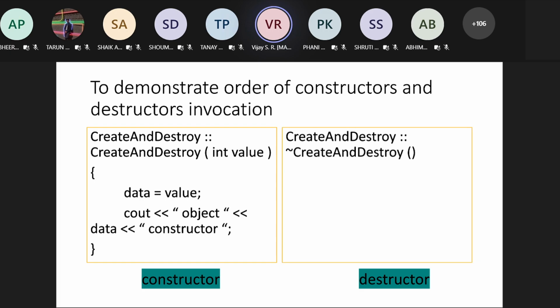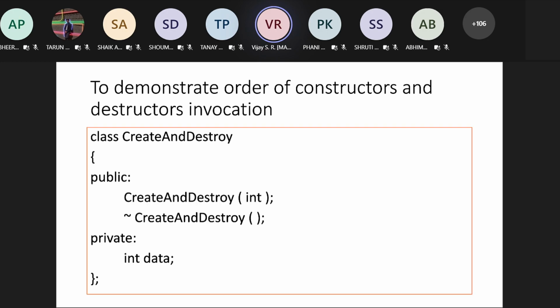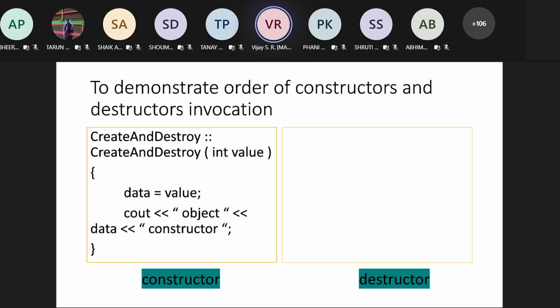Similarly for the destructor. No arguments, observe that. Simply you write that this is the object which is getting destroyed. Clear? So this is the constructor and this is the destructor. Observe the program. You can even write the code, because in the next few slides you can try to predict the sequence. This is the constructor and destructor code for this particular class. This is the class. This is the code.